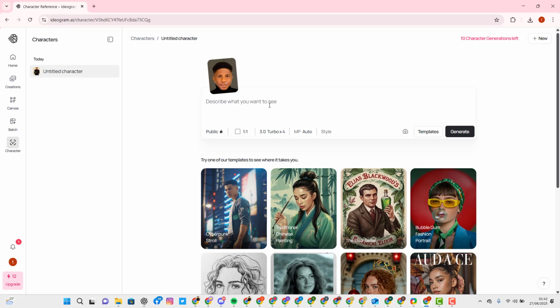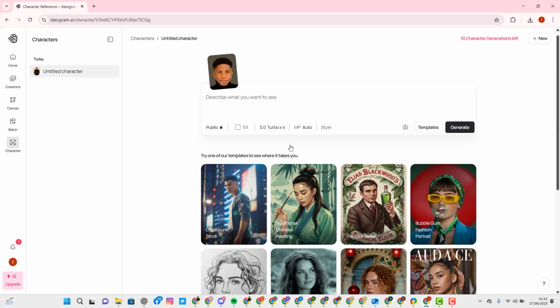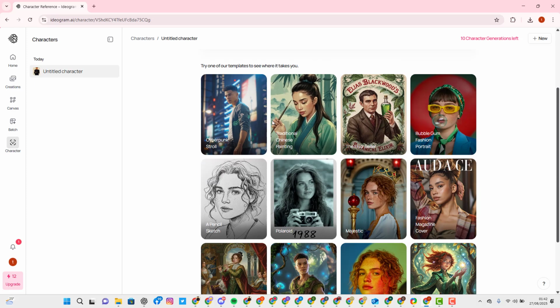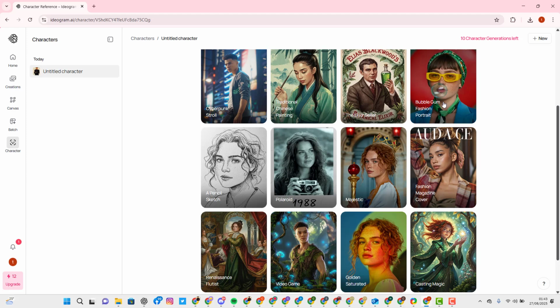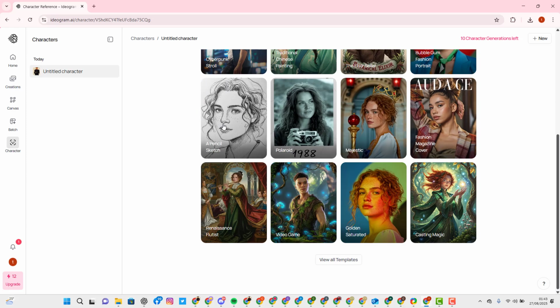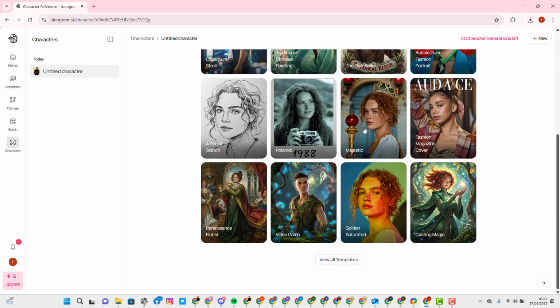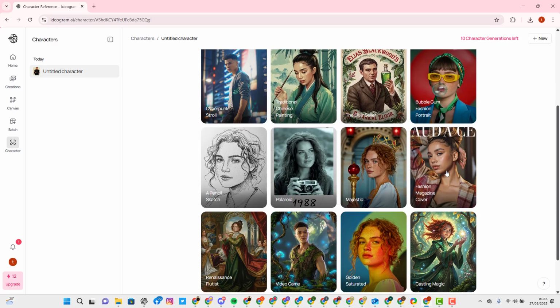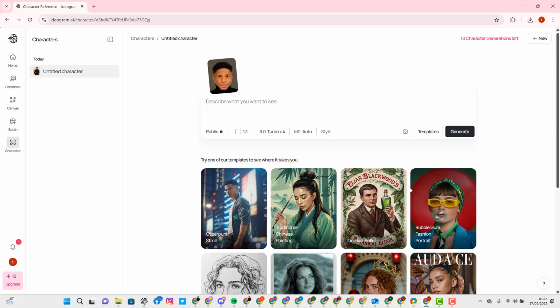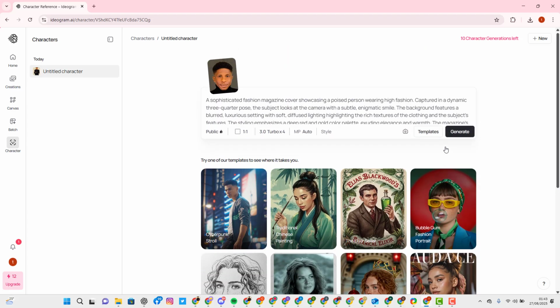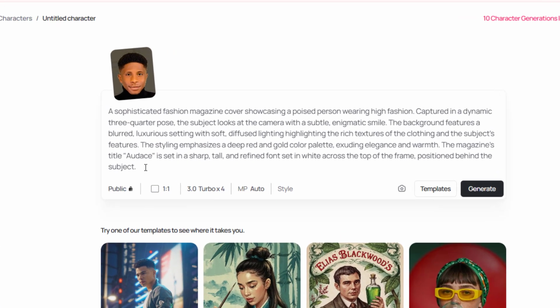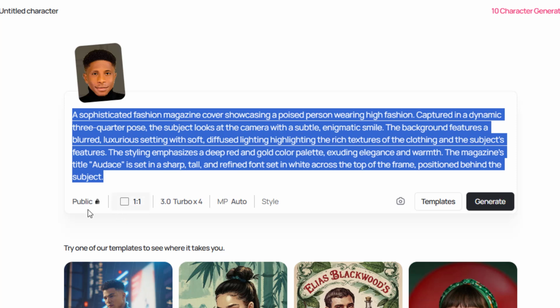So right here, you can now go ahead and describe what you want your image to look like. So here are some templates. If I want my image to have this kind of feel while looking like me, I can just click on any of these templates right here. If I want myself to be blowing up a bubble gum or this kind of pencil sketch or any of these styles, all I need to do is click on it and it's going to create one for me. So let's test this one right here that's like a magazine, and let me see how I am going to look. So as I just clicked on it, this came up for me right here,